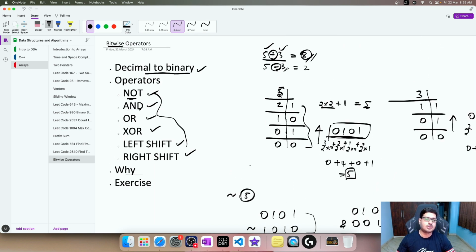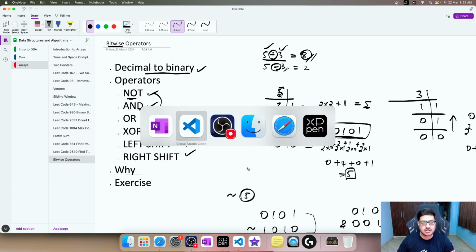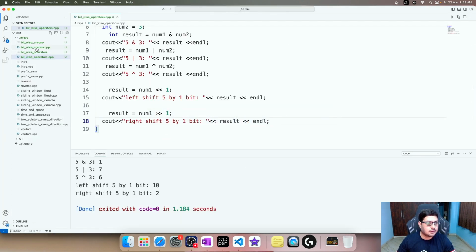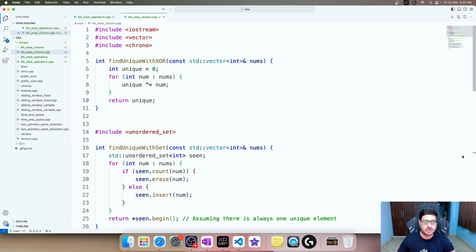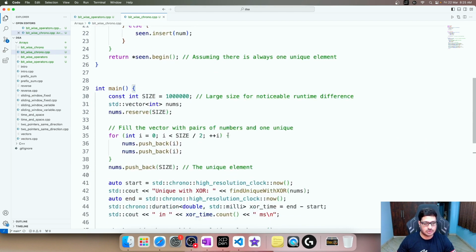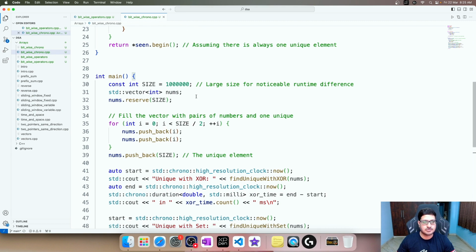And that's why in some specific cases we use bitwise operators. So to give you a better appreciation of the bitwise operators, I got a code online for comparing the same operation when done with bitwise and when not. Without going much into detail about how this works, I'll just show you what we're doing here. So this is our main function. So we have a vector nums, and we are pushing